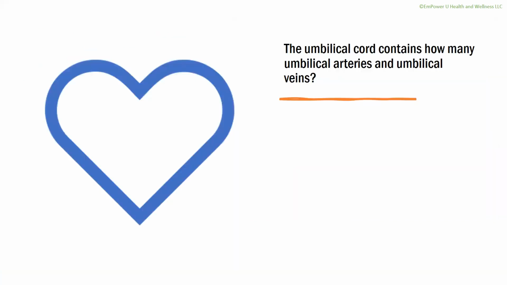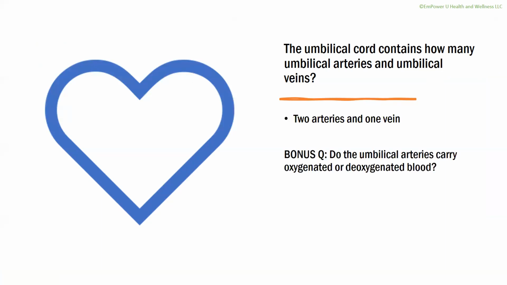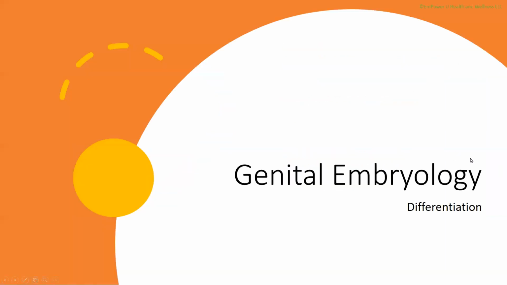All right, something that could be on your exam: the umbilical cord contains how many umbilical arteries and veins? Good. And arteries have oxygenated or deoxygenated blood? And then obviously the vein has the opposite. Excellent, good. All right, so I want to spend the last 13 minutes on differentiation of genital embryology,